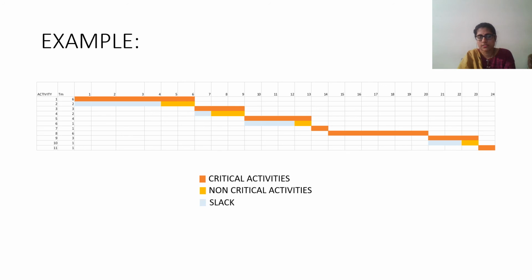late start. So a Gantt chart is basically a chart with time on the horizontal axis and the activities on the vertical axis, and we plot the activities according to the time by highlighting them.